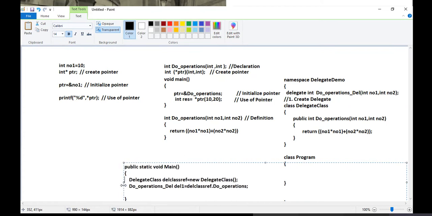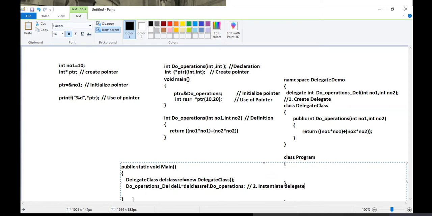To see this more clearly, let's keep it here. Now you can watch. Inside class program, there is a main method, and what we have done here is we prepared the reference of this class, and using the delegate reference, we are storing the reference of the do operations method into the delegate. So this is my step number 2, which is instantiate delegate.